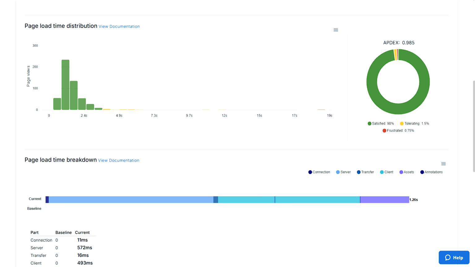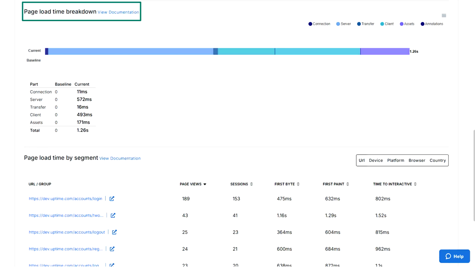By hovering over each segment, you can isolate each APDEX level. Clicking on a segment again will remove it from the graph. As a note, APDEX is best examined in a larger data pool with a wider date range, as it represents overall user satisfaction. The page load time breakdown graph shows the components of page load in their load sequence, from